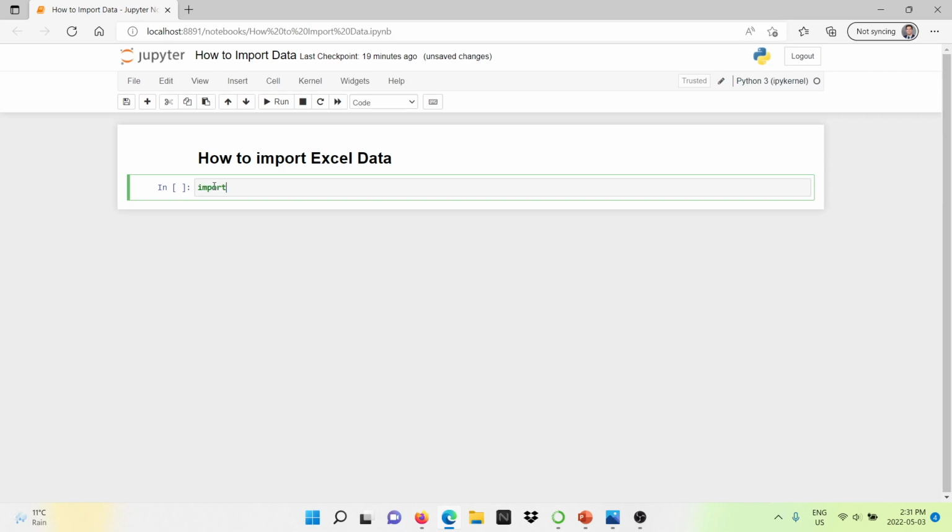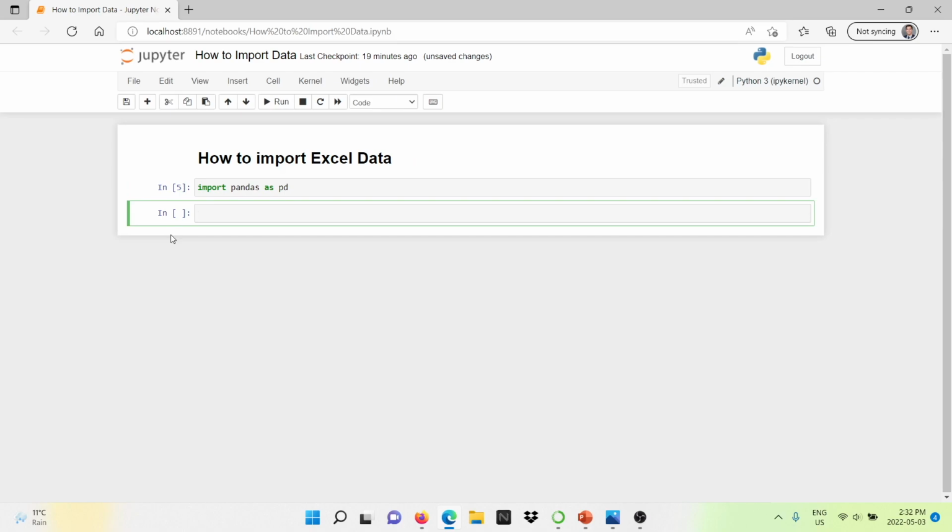So you have to type import pandas, and then you're going to type as pd. What we are saying here with this as pd is anytime that we type pd, we're going to be making reference to the pandas library. So I hit run, and here we have imported our pandas, and we're going to be making reference to these tools by using the pd.